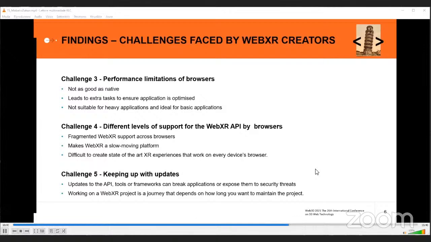This then makes WebXR creators play it safe and go for features that they know are going to work on every device's browser, even if that's not going to create the best experience for their users. And then finally,